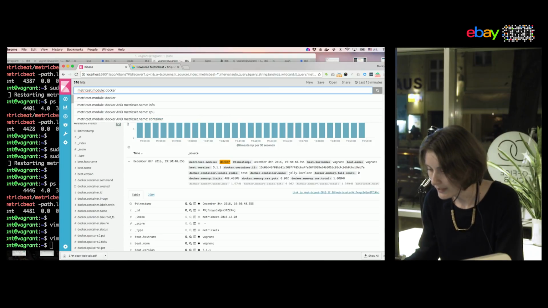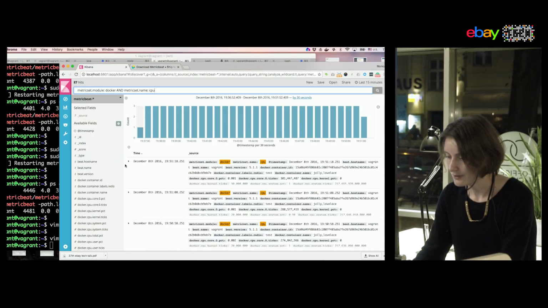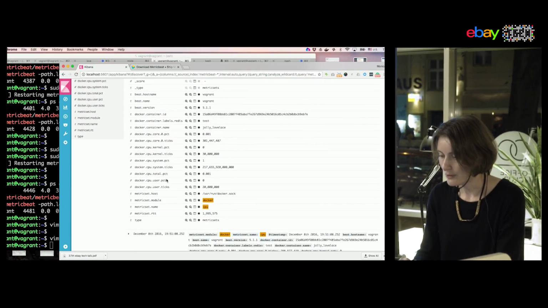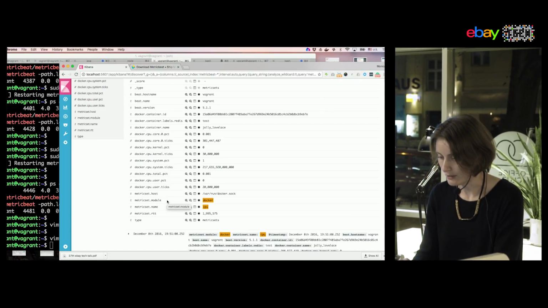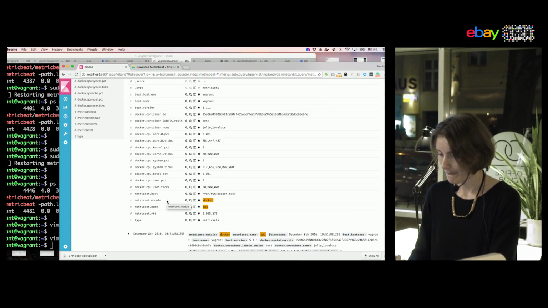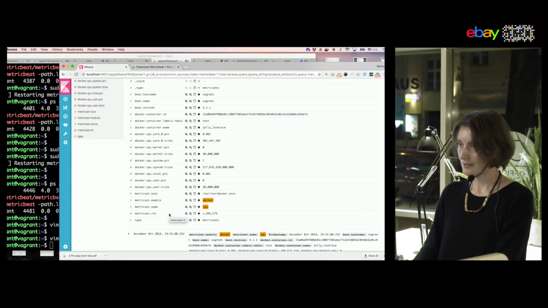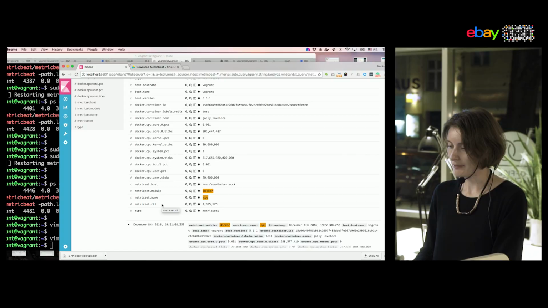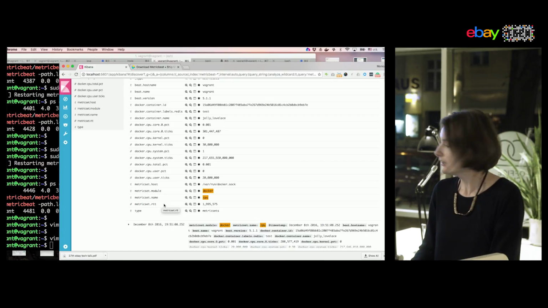So let's drill down. For example, I also want to see the CPU usage. Here I see the CPU usage in kernel space and so on. What is interesting is that for each metric in Metricbeat, you also have this round trip time. So how long it took